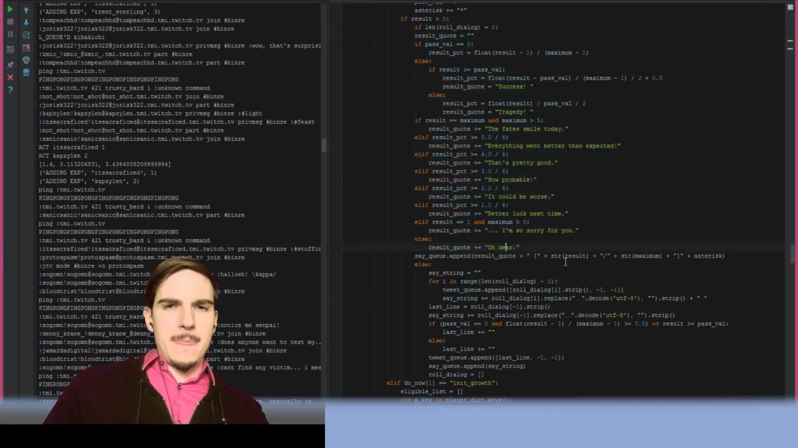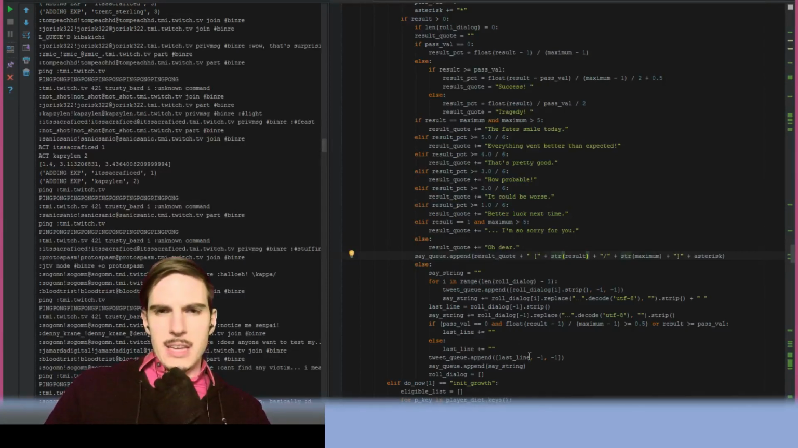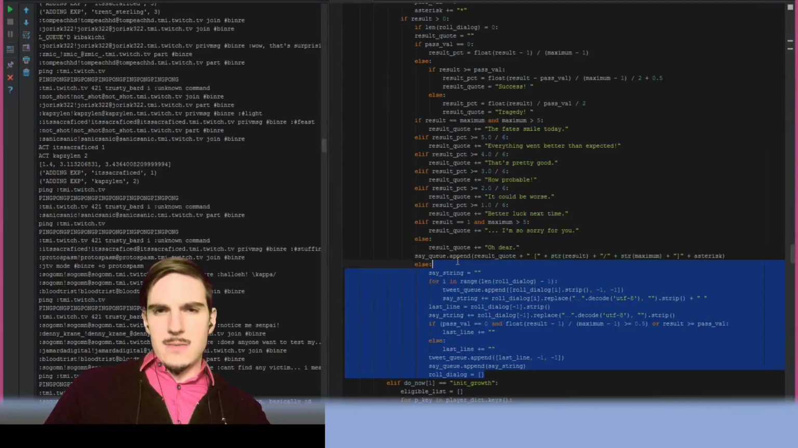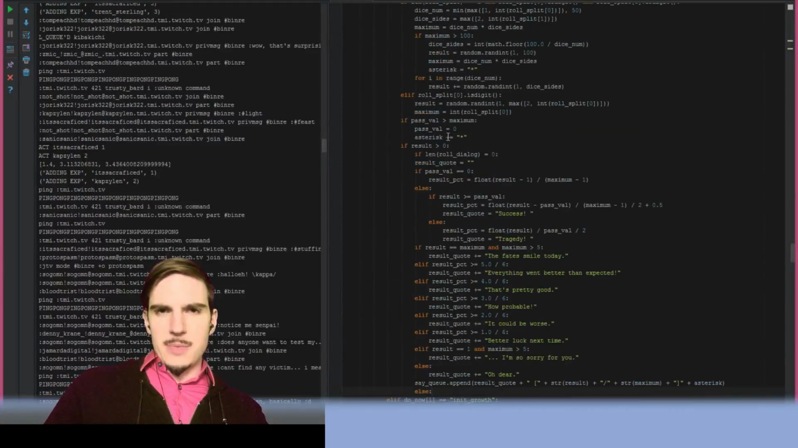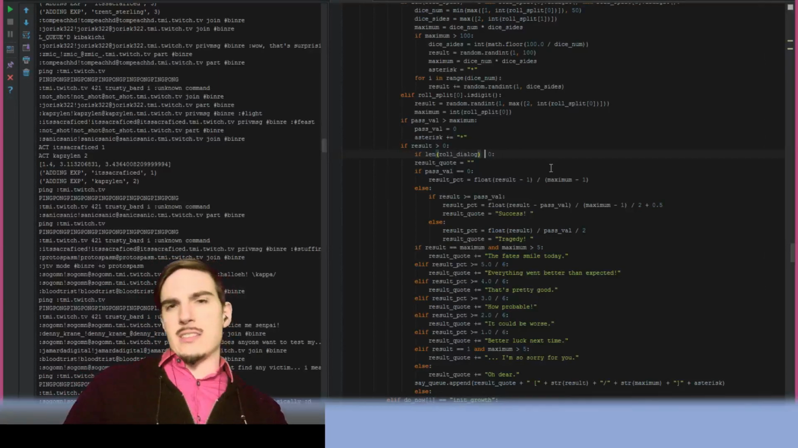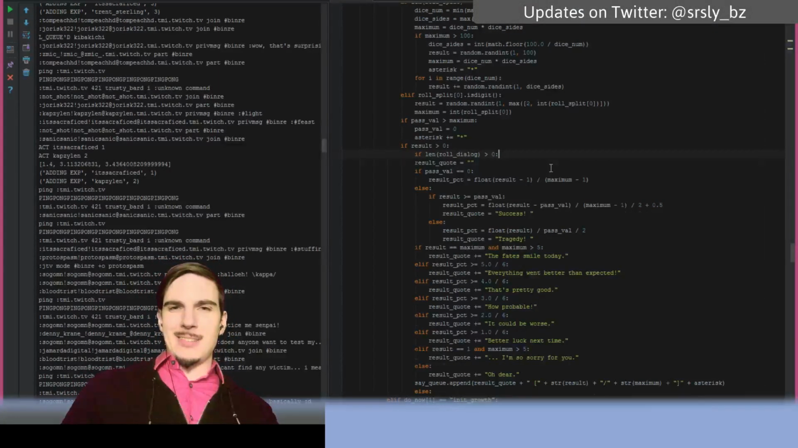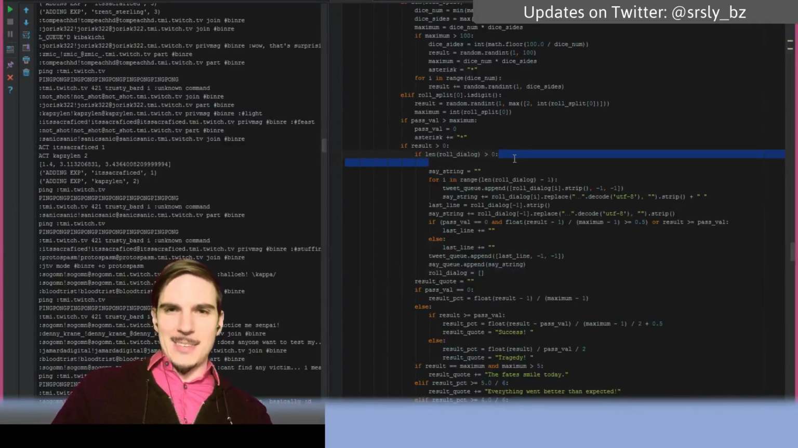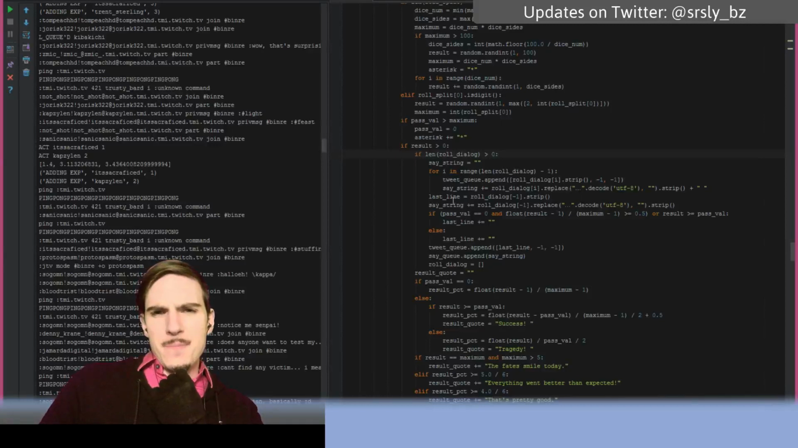Hmm. Interesting. All right, so I'll just change the order of this. I'll put this up here. So if the length of roll dialog is greater than 0, that should have been equal to 0 in the first place, but whatever. Okay, so then yeah, I should be putting together the say string for everything except